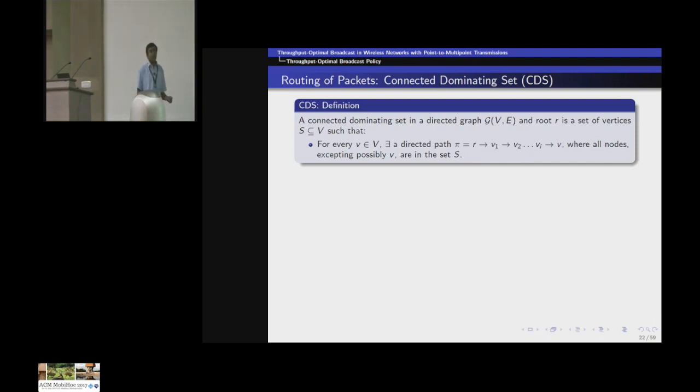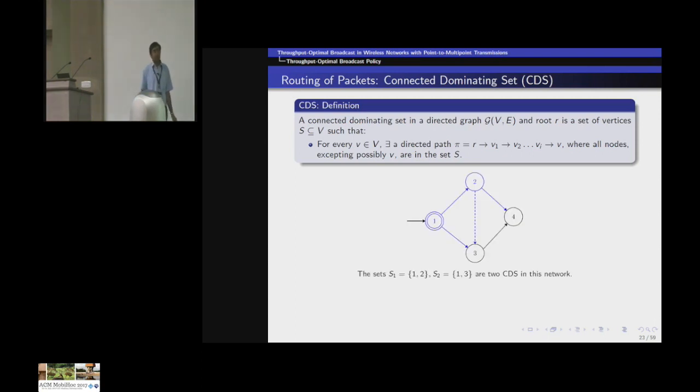It is a subset of vertices such that for every node in the network there is a directed path from the source node through the CDS up to the destination V, such that all nodes excepting possibly the last node, that is V, are in the CDS. So such a subset of nodes that satisfies this property is called a CDS.